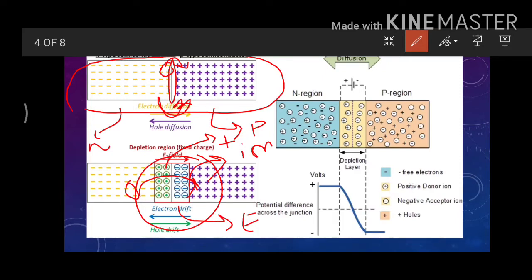And why does this happen? Consider that these are negative ions, and when an electron tries to move to the p region, these negative ions will repel the electron back. When the depletion region becomes so strong that its power is more than the thermal energy of the electron, and it can repel the electron, at that time the depletion region is stable, or you can say that the migration of electrons has been restricted.